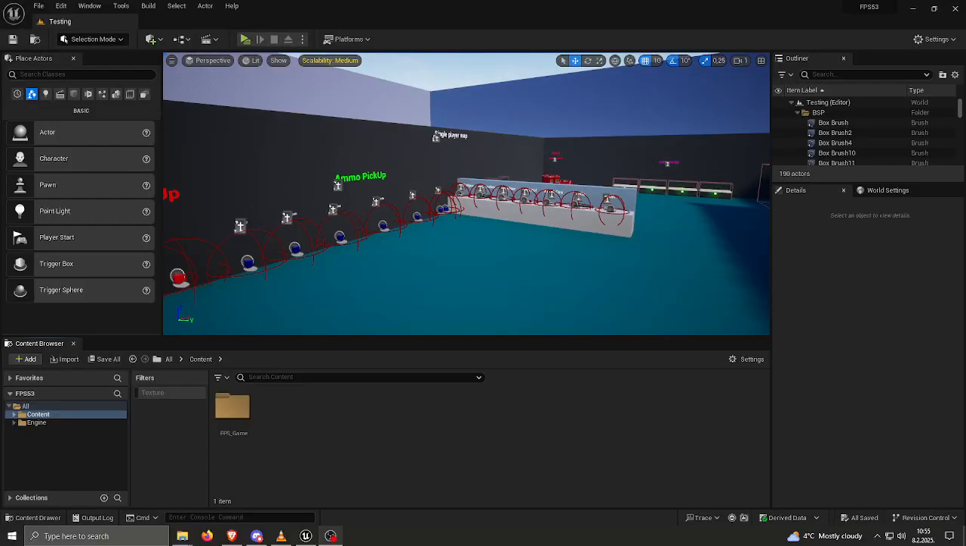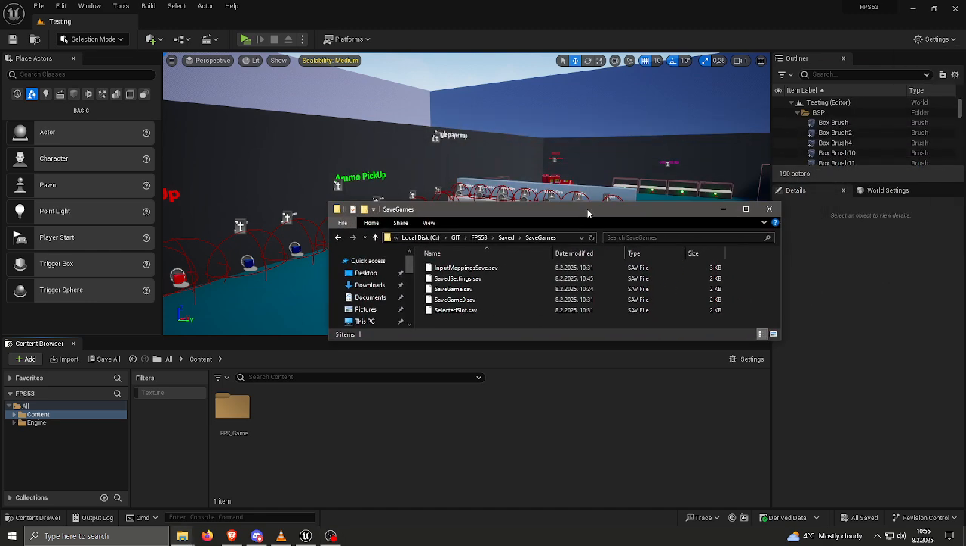Welcome. In today's tutorial I'm going to show you how to change your field of view settings in the FPS Game Starter Kit. First off, let's go to the saved folder of your project and delete the old saved settings,